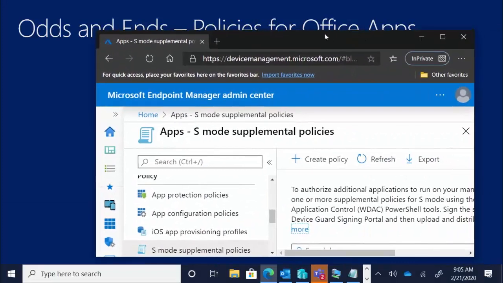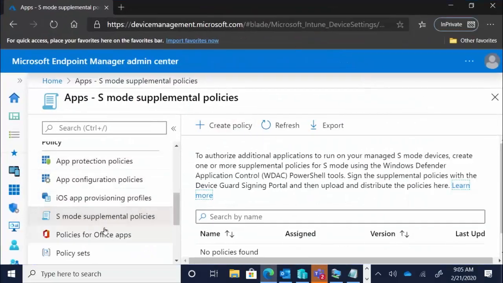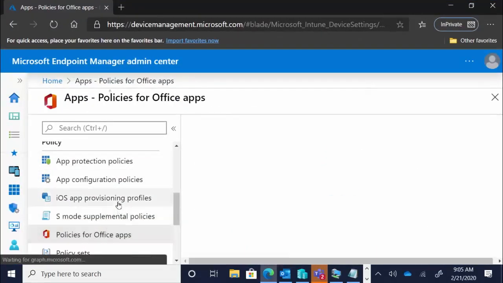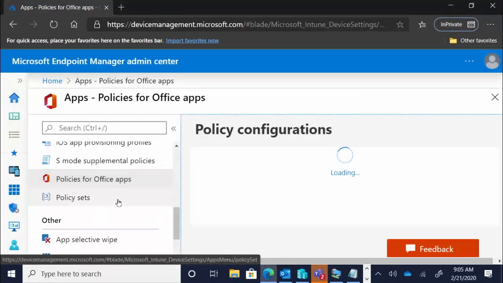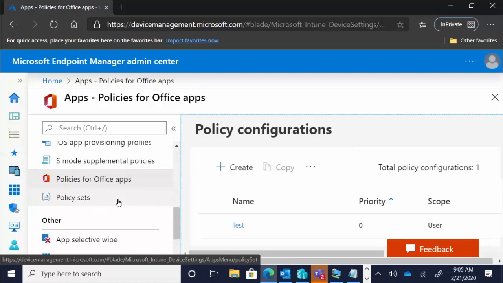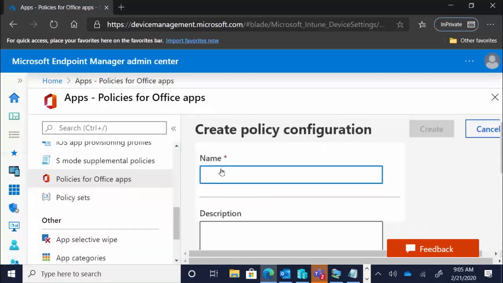So this one is interesting. Scroll down a little bit more. So we have talked about previously how we can use Intune to deploy Office apps, right? This section allows us to configure policies for Office apps. So let me just go through for a minute